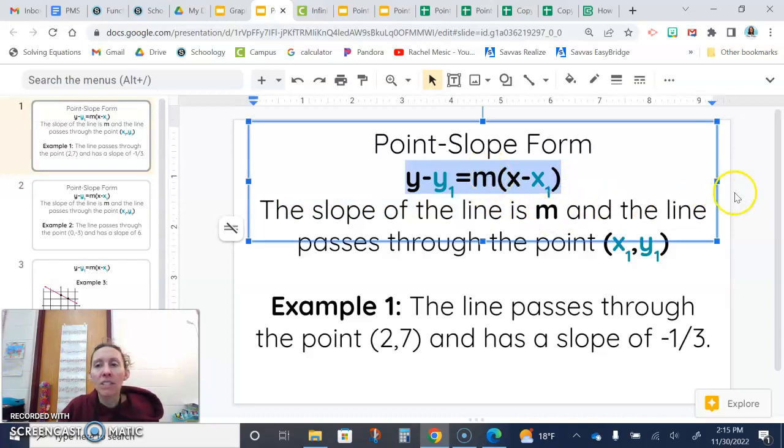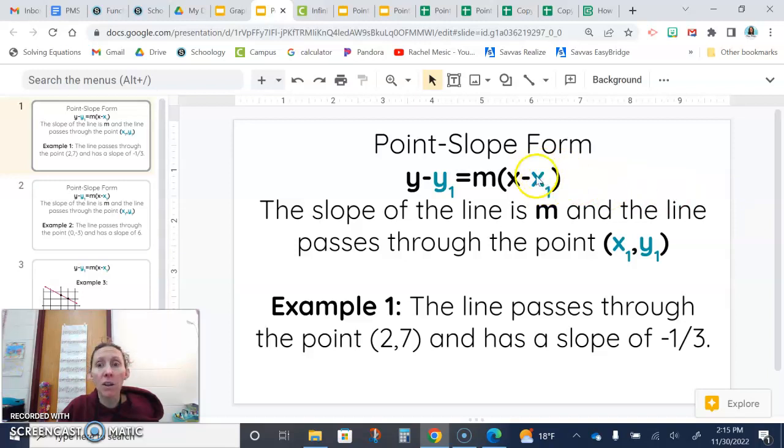And m represents the slope, and then x sub 1 and y sub 1, those are coordinates of a point along the line. All right, so example 1, the line passes through the point (2, 7) and has a slope